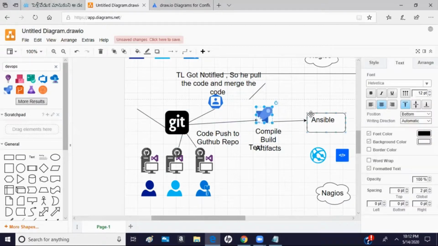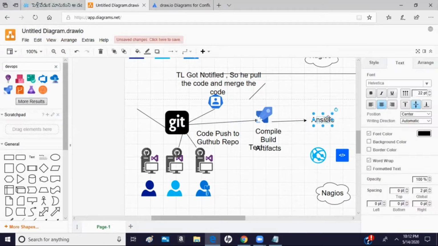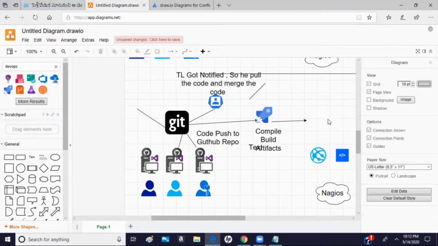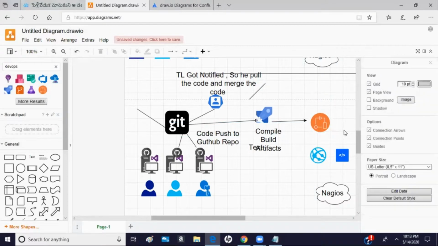Now I am going to replace Ansible with a release pipeline. So let's say this is going to be my release pipeline. Now the release pipeline does the same thing that Ansible does.